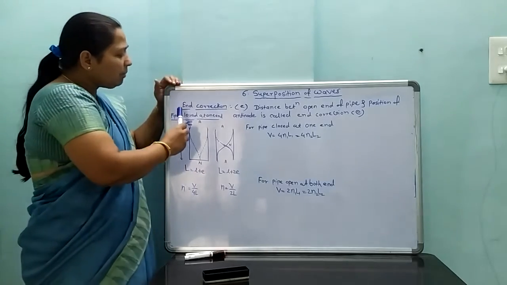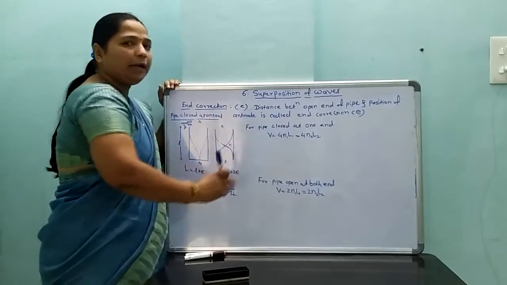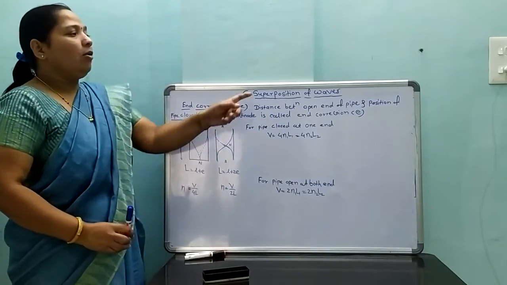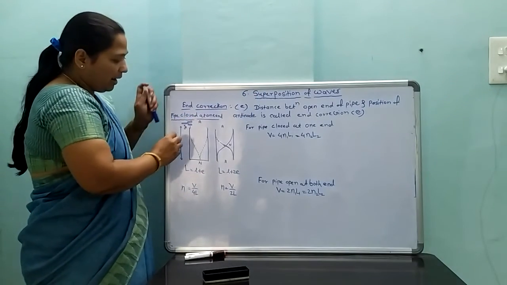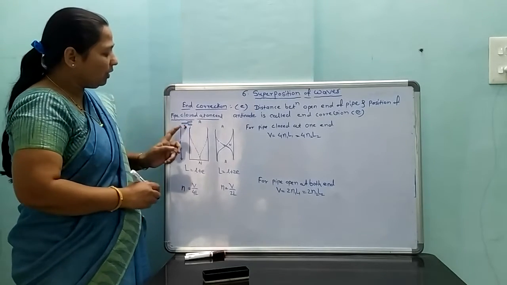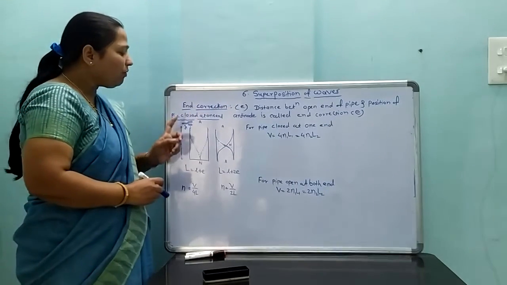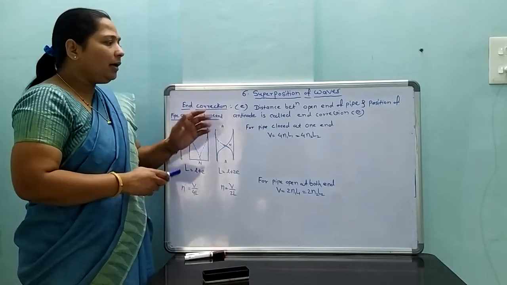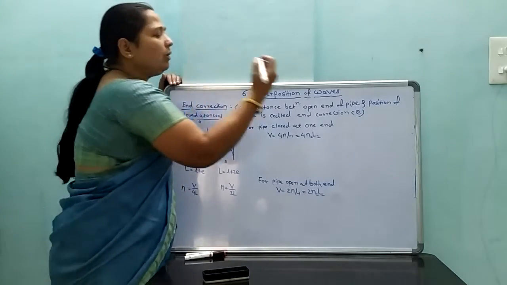What is meant by end correction? It is the distance between the open end of the pipe and the position of the antinode. The antinode is formed at that position, and the distance between the open end of the pipe and the position of the antinode is called the end correction. The end correction factor is calculated by E is equal to